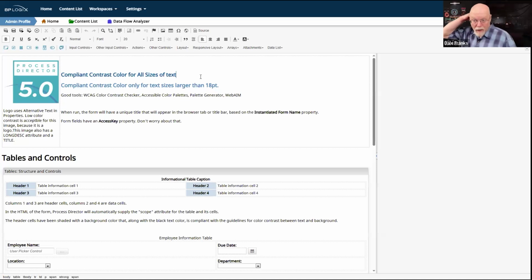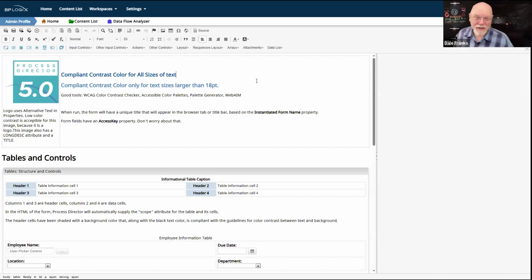So what is that contrast ratio? Well, to meet the AA level of compliance, there must be a ratio of 4.5 to 1 of contrast color between the foreground text and the background.